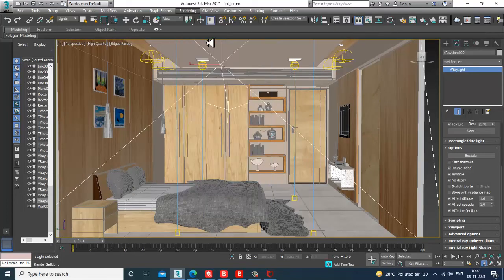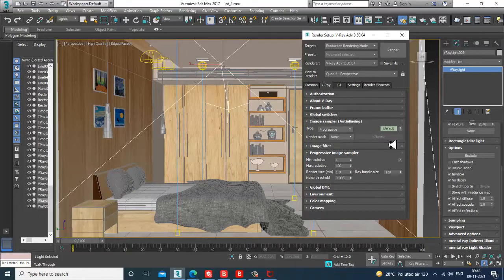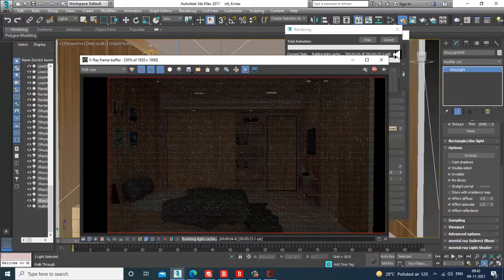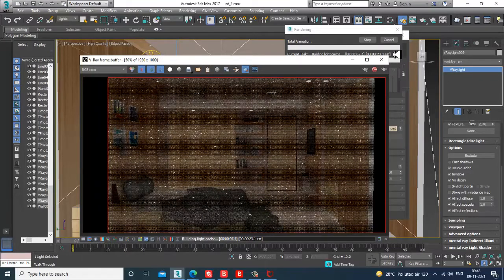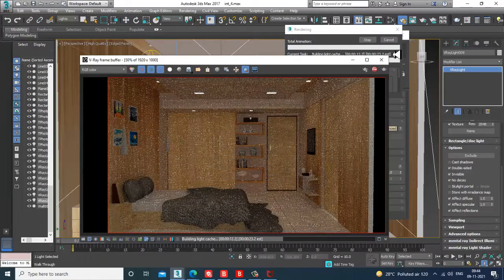So, render setup. Okay, we have set this to 1920 by 1000. Let's go into V-Ray. I'll set it as bucket. First, let's just render and see how it looks. Because you need to render the light passes also over here.